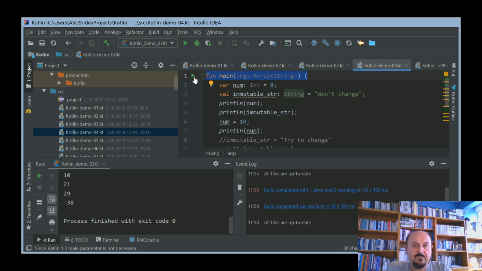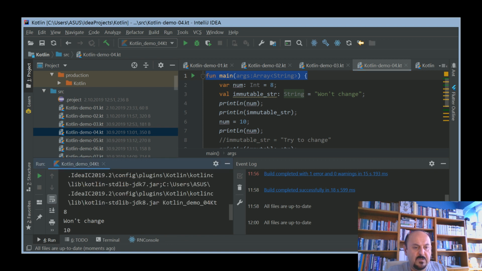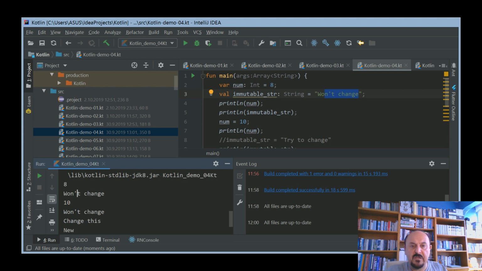So after running this code snippet, we could get, okay, the first one, the content of num, and this prints this string won't change, and after that I'd like to